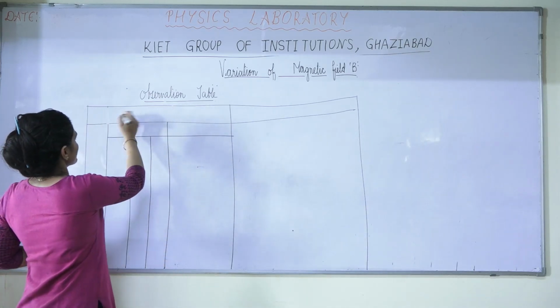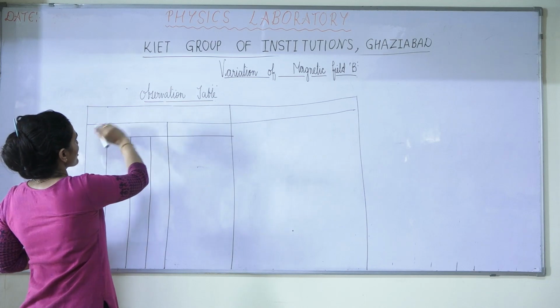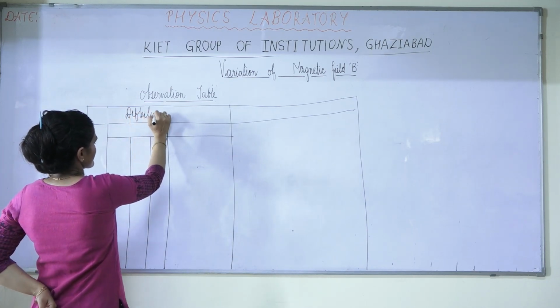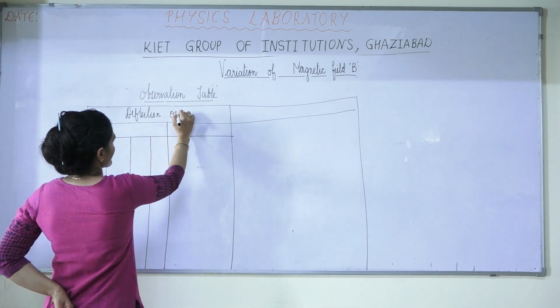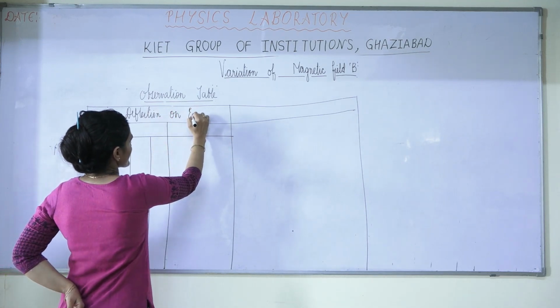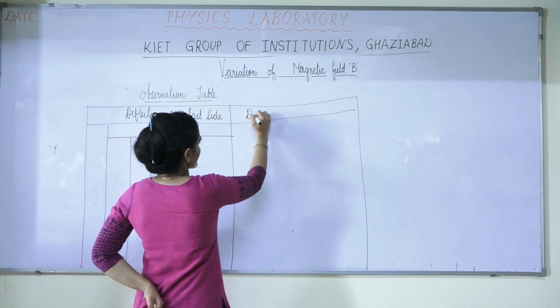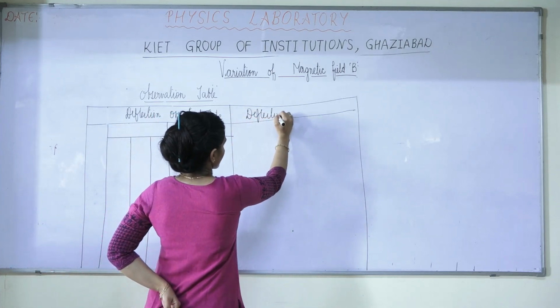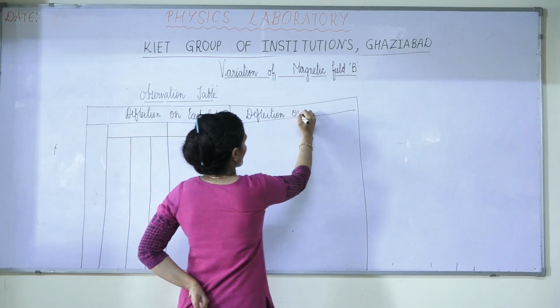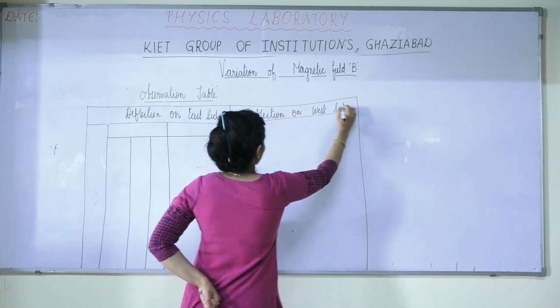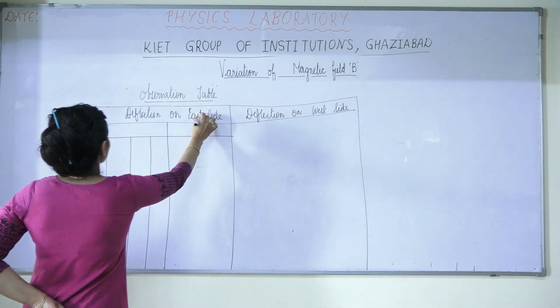So here for this experiment we will draw an observation table. In the observation table we will have 2 columns. One is deflection on east side and second is deflection on west side. So here I will divide the parts over here, that is